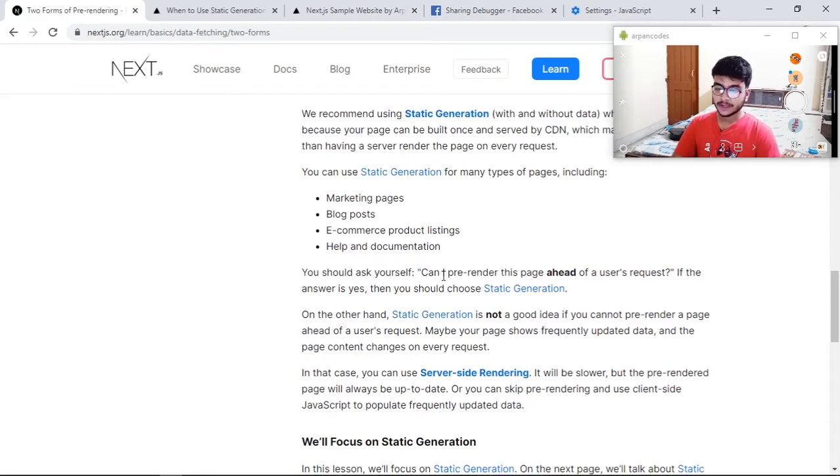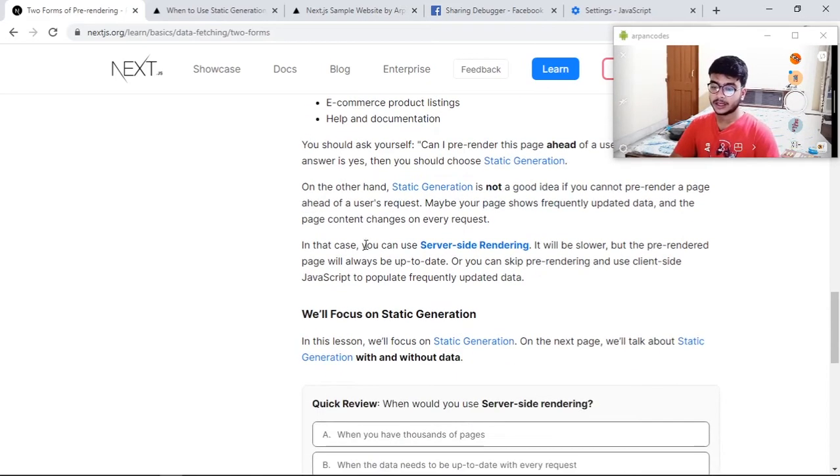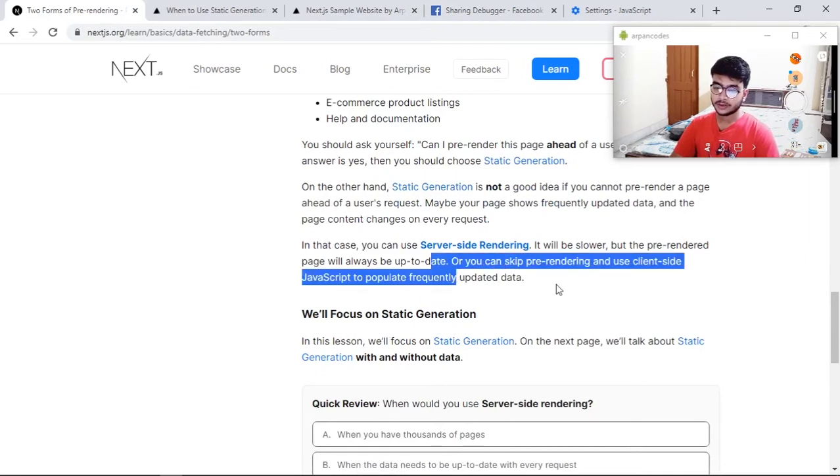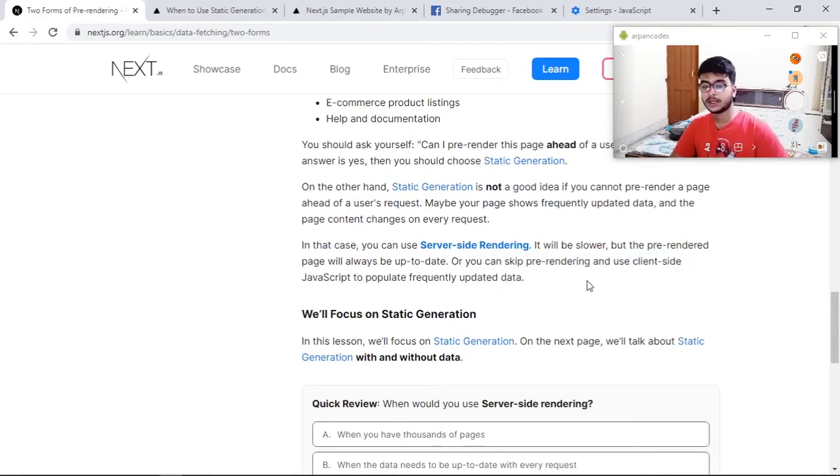You should ask yourself, can I pre-render this page ahead of the user's request? If the answer is yes, then you should choose static generation. On the other hand, static generation is not a good idea if you cannot pre-render a page ahead of the user's request. Maybe your page shows frequently updated data and the page content changes on every request. In that case, you can use server-side rendering. It will be slower, but